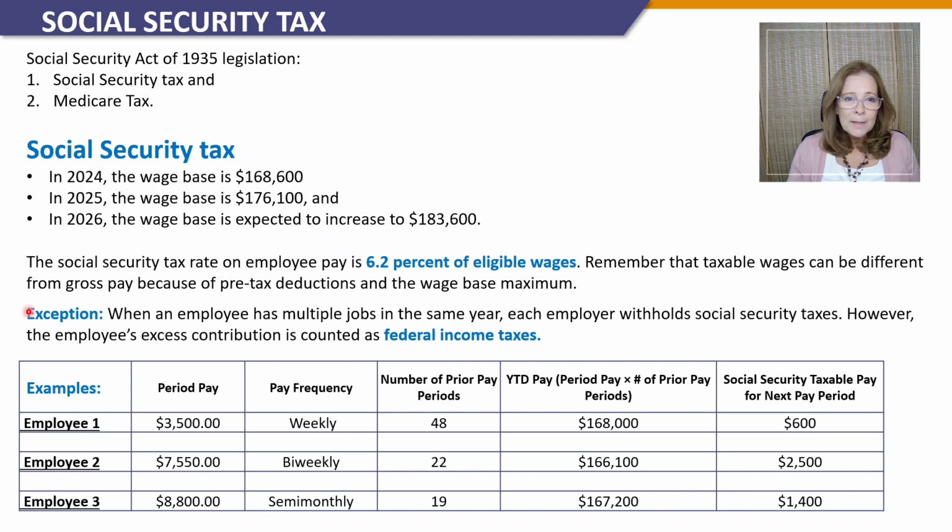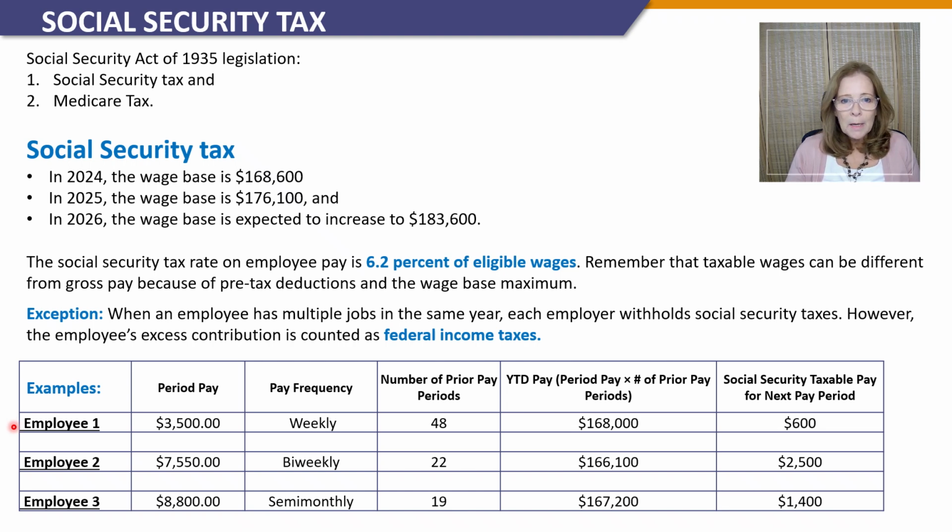However, the employee's excess contribution is counted as federal income taxes, which means that you get credit for it on your annual tax return as if you had paid federal income tax. The employer's contribution is not refunded, though. So let's look at how you would calculate the Social Security tax in the following example for 3 employees. Please remember that the maximum wage limit we're using for this class is the 2024 limit,